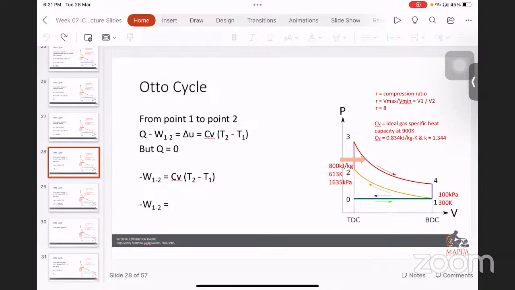Pero, yung Q mo is equal to 0. Yung dito, mali pala ako, hindi pala ito process 2 to 3. Ito pala ay process 1 to 2. Process 1 to 2, meron kang makakalculate mo yung work. Yung formula natin parehas, Q minus work is equal to change in U. Change in